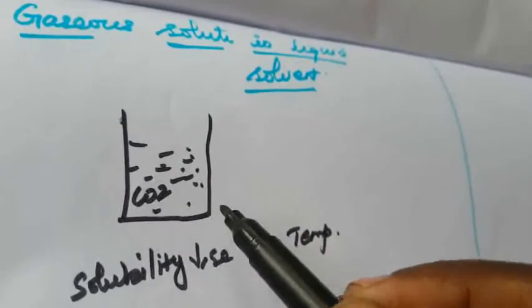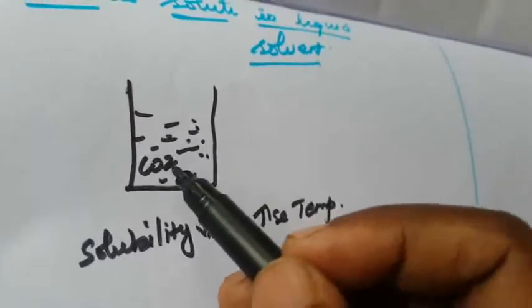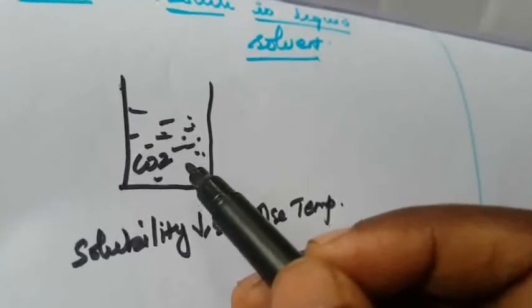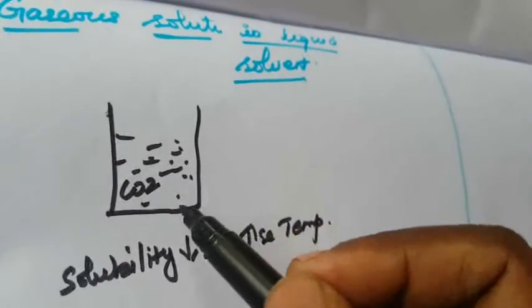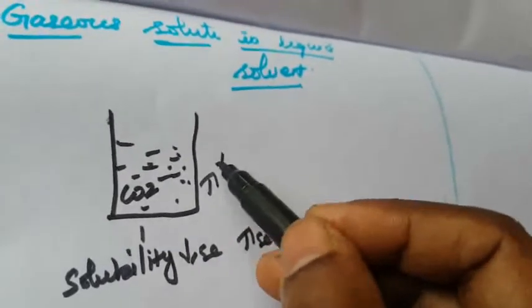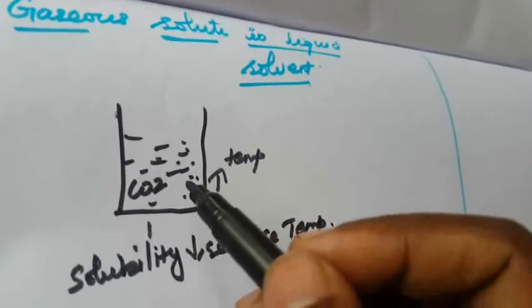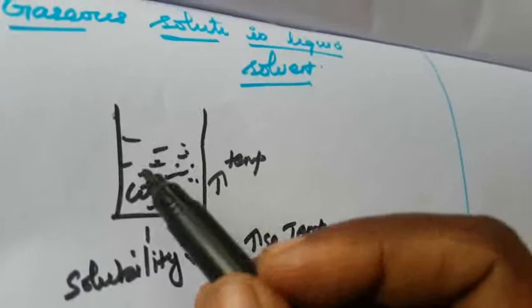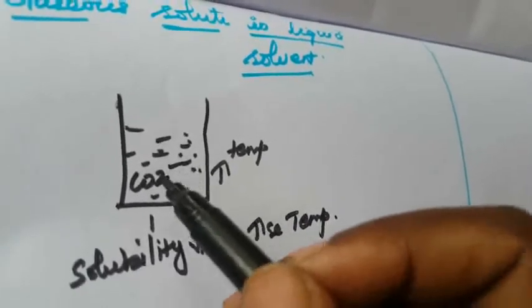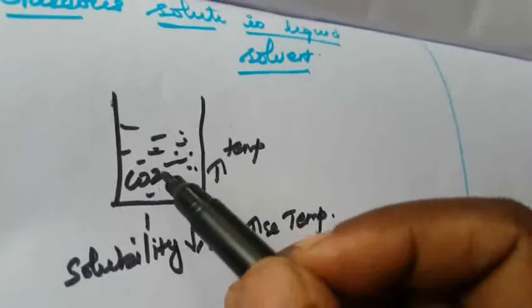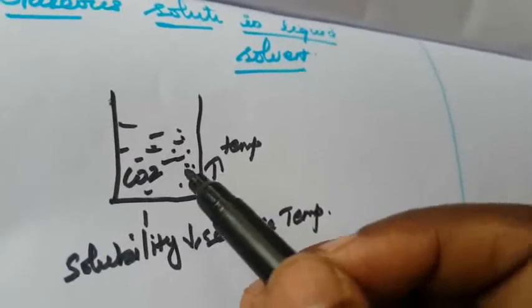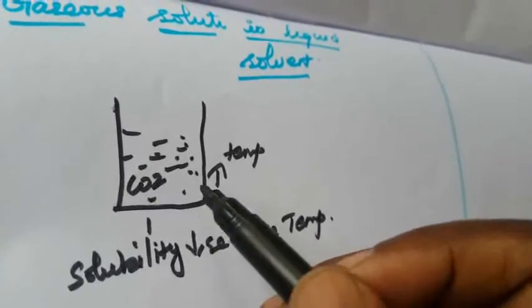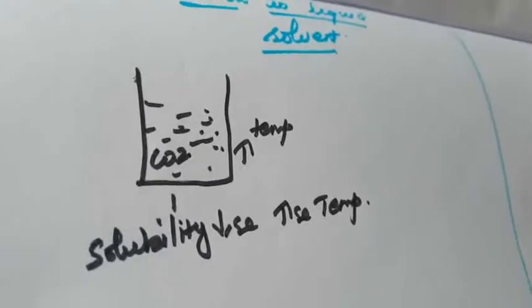Because the gaseous molecules bind with the liquid solvent with weak intermolecular forces, when the temperature increases, the average kinetic energy of the molecules present in the solution also increases. The increase in kinetic energy breaks the weak intermolecular forces between the gaseous solute and the liquid solvent, which results in the release of the dissolved gaseous molecules in the gaseous state. The dissolution of most gases in liquid solvent is an exothermic process. In such a process, the increase in temperature decreases the dissolution of the gaseous molecules.